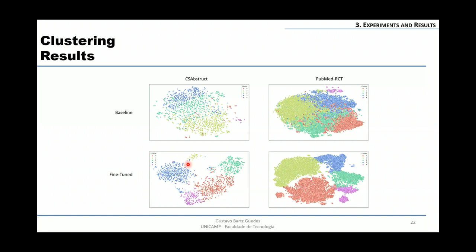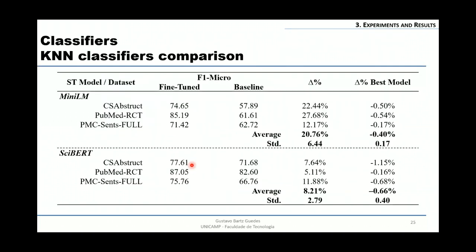Since contrastive learning works by rearranging all the samples in the embedding space, the intuition is that KNN is going to be one of the machine learning algorithms that will best benefit from contrastive fine-tuning. So we wanted to compare